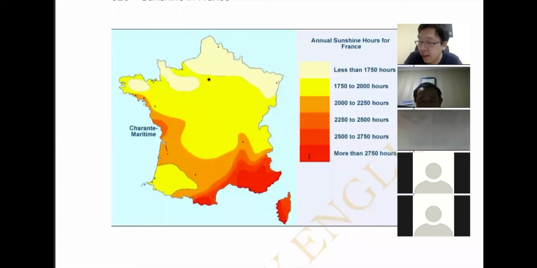Okay, so other than being too long, you had a bit of inconsistency when it comes to speed. You started off at a nice normal pace, like this is the map showing annual sunshine hours for France, no problems, right? But then as soon as you got to the numbers, you went super fast. Yes, I had no idea this is a problem. I was just doing 2000s, 1750s, 250s all over the place. When I come to numbers, I always go faster and faster. Just like cannot control.